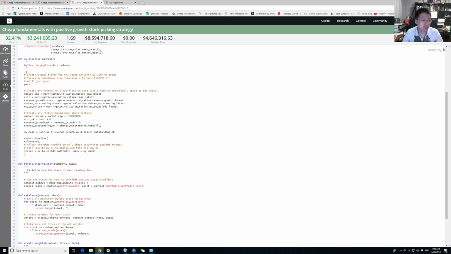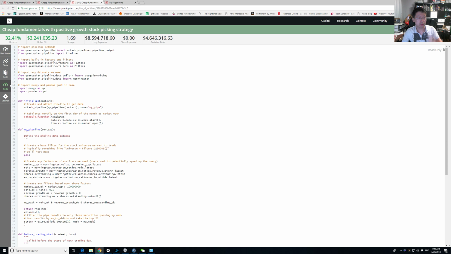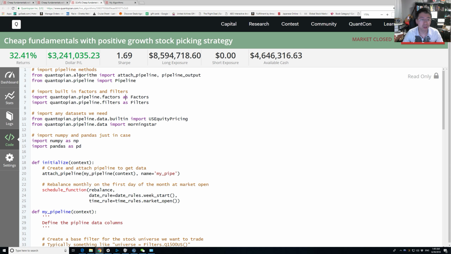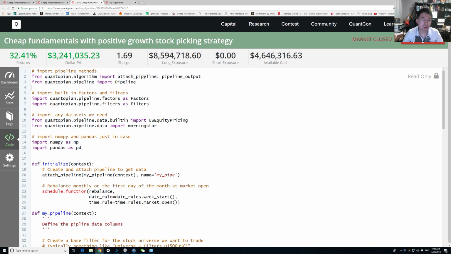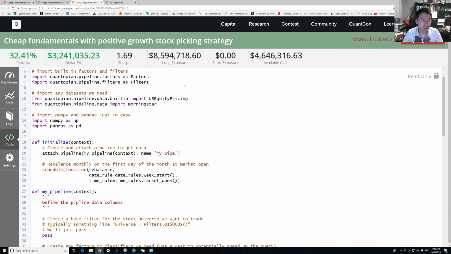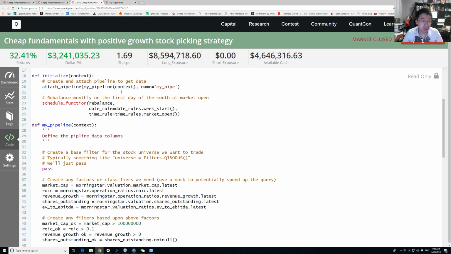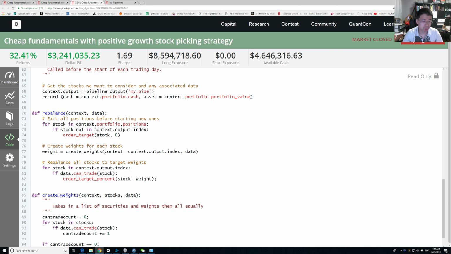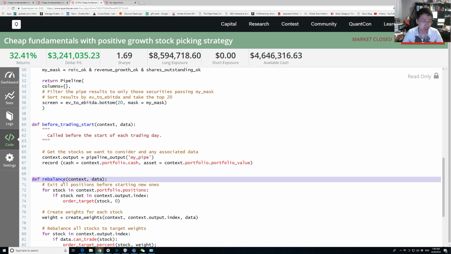So here is the code. I'll walk through this a little bit, see if I can make it bigger. Yeah, I'll walk through this a little, just to introduce you to what I actually put in here. So here is how often we rebalance. Every week, at the beginning of the week, it will run a rebalance function, which is here,